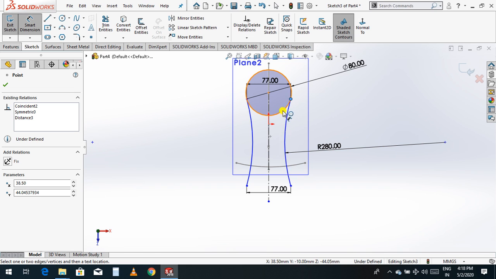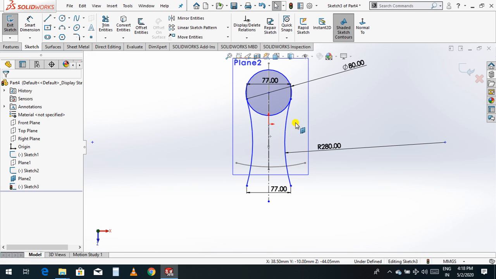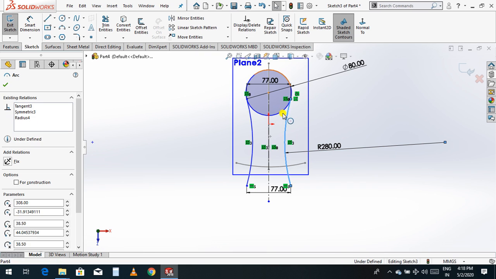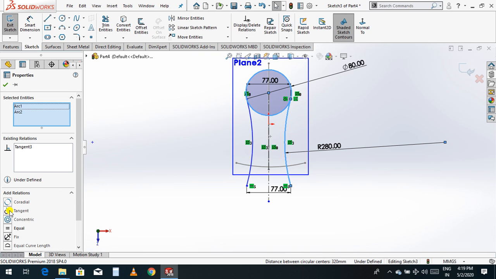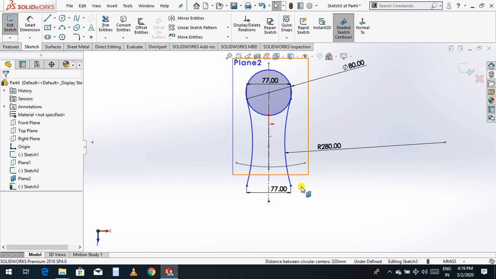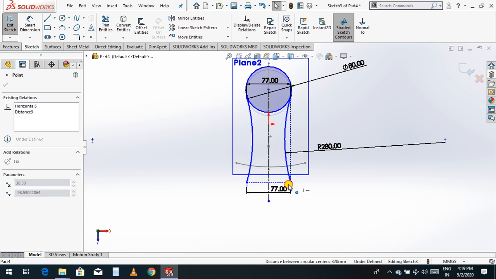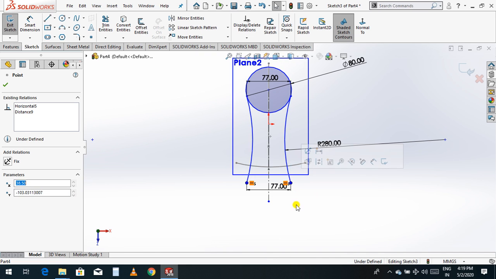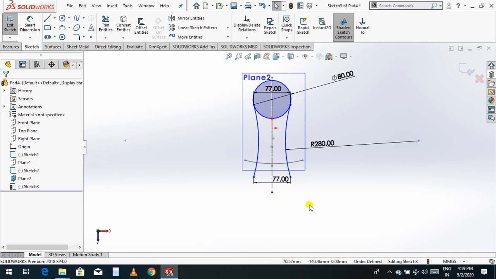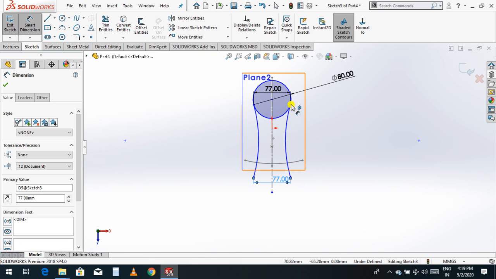Select this line and this line, make a tangent, click OK. And just delete this one once again. If I take the smart dimension from this point to this point,